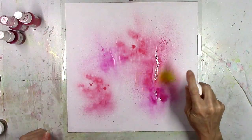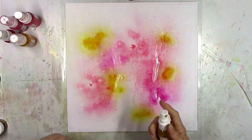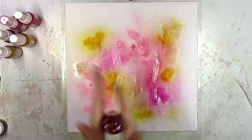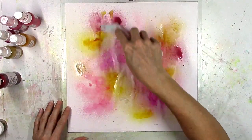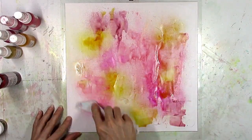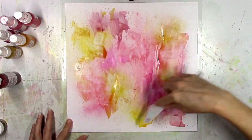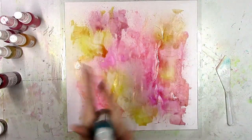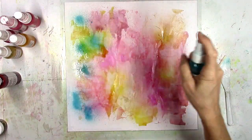I'm using some sprays here to start. I've got Coloringz Pretty in Pink, Coloringz Pink Stilettos, and then the other pink is Sweetheart, which is a Vibez. That darker pink that I'm using there is also a Vibez, and it's Razzle Dazzle Berry. The orangey colors are Vibez Sunset Strip and Vibez Glorious Day. So you can see how easy this part was. I just sprayed it down, and then some of it I used my palette knife to kind of scrape